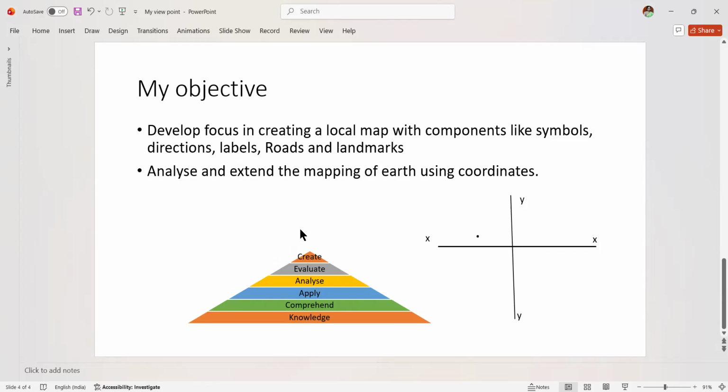So we have given them the idea of directions. Remember, I'm not using the word cardinal directions because we'll come to that. So now the sense of direction is more inculcated in them. So we have taught them how to extend their thinking to a globe, because globe is something that they learn in their lower classes and it's easy to connect with. So now we will start working on the next objective of analyzing and extending the map to Earth.